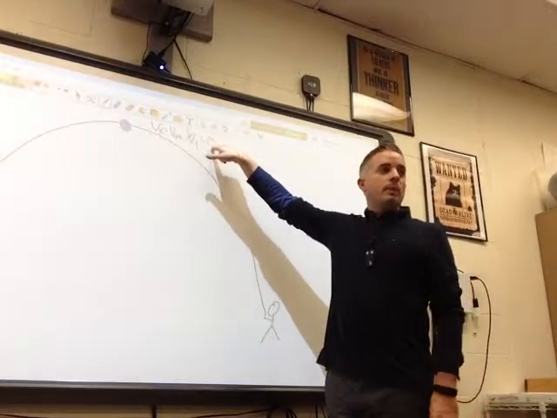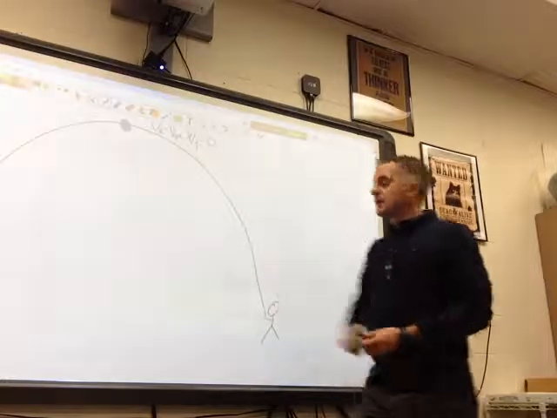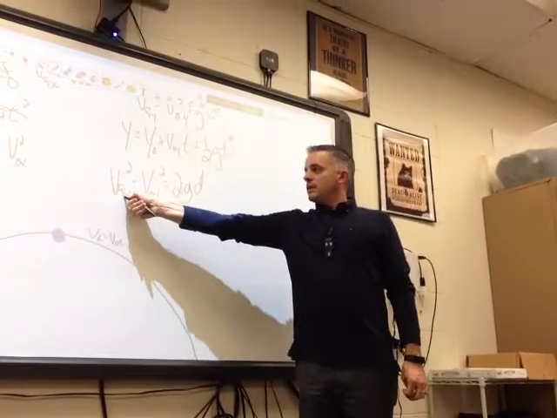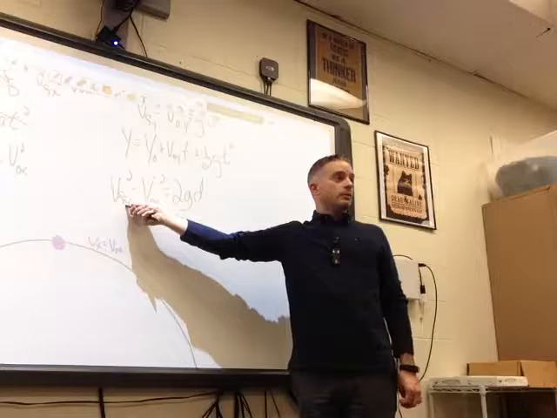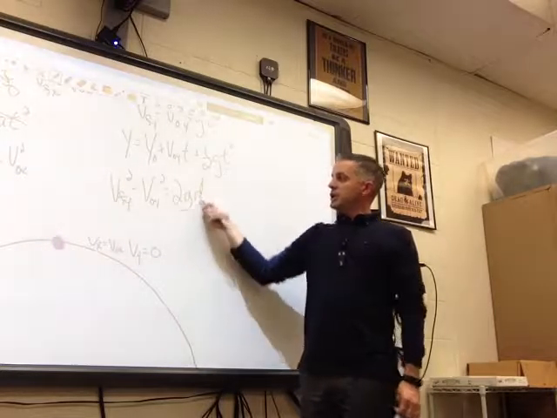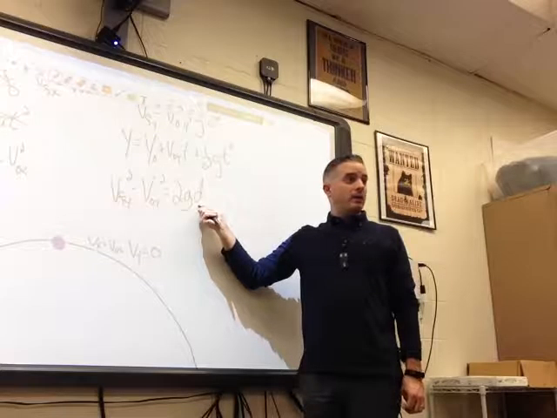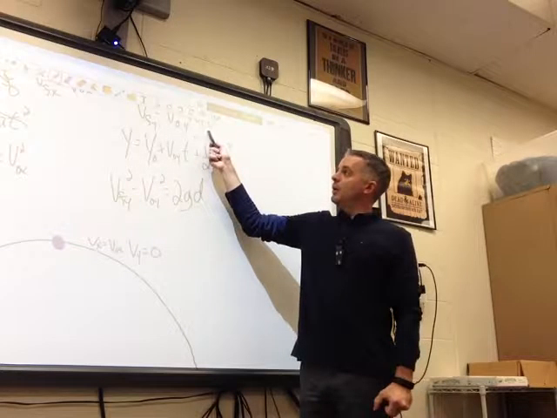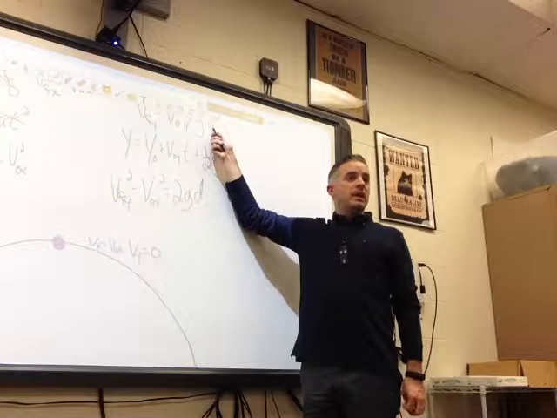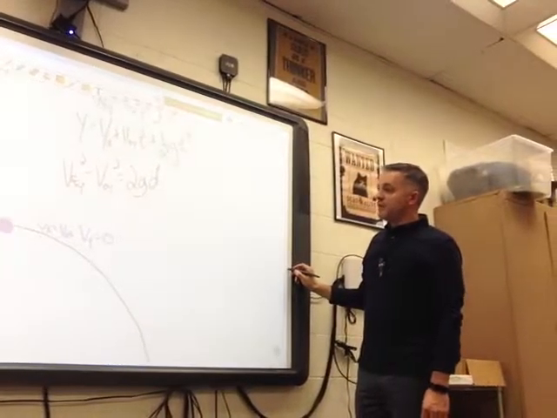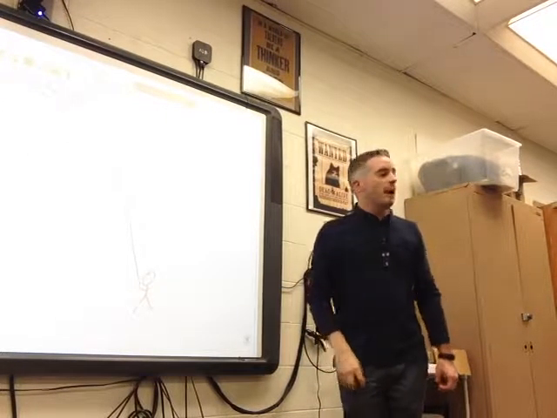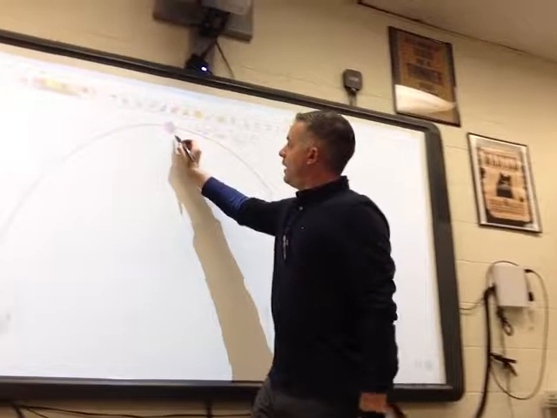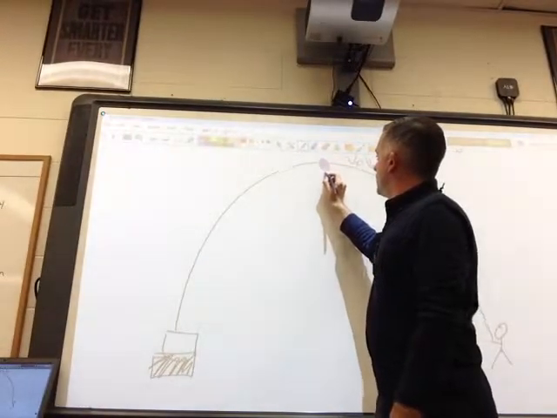This is really, really helpful to remember. Okay? If you go back to that v sub f squared minus v sub o squared equals 2gd, well, right there, if you took halfway, there's your zero, right? That 0 could be your initial, and you can use that information to maybe find out how high up in the air the thing is. Okay? You could use it other places like right here to find out the time that it's been in the air. Because if you remember, if you know the height, you can find the time, right? Simply v equals v sub o plus gt, right? Because what ends up being very nice is